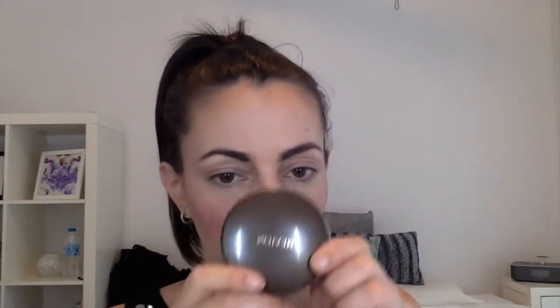Using Milani baked blushes, which I got off the internet, and I really love them. They're really fantastic blushes, very nice colors, easy to apply. And using my Sigma angled brush,